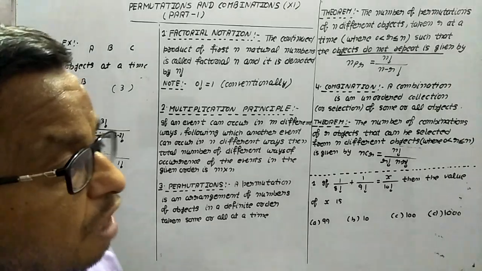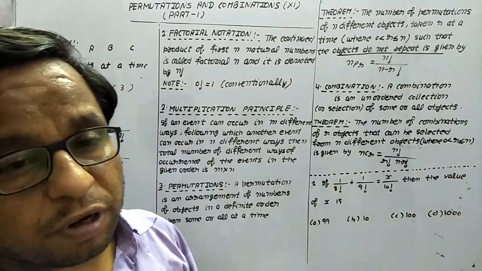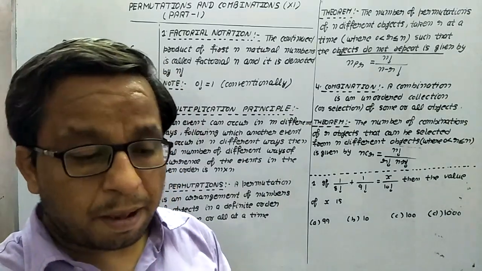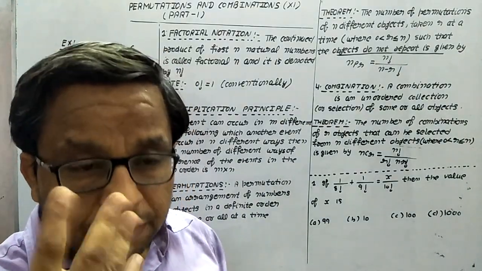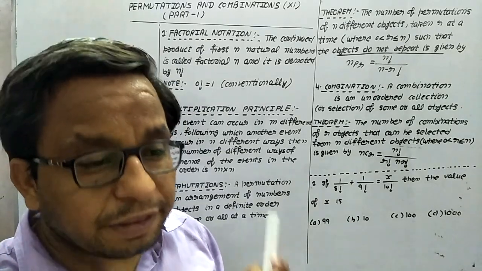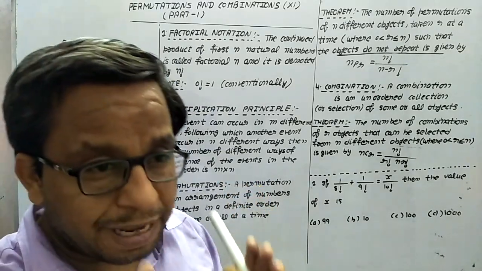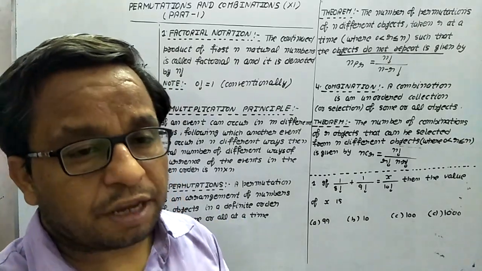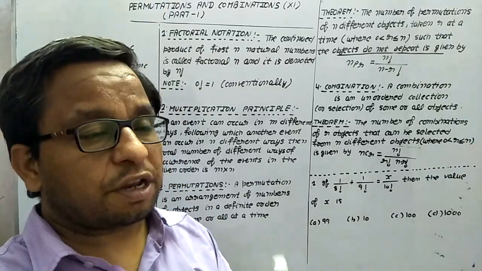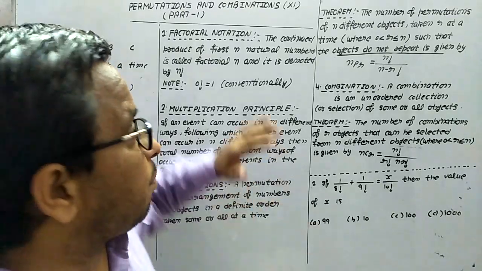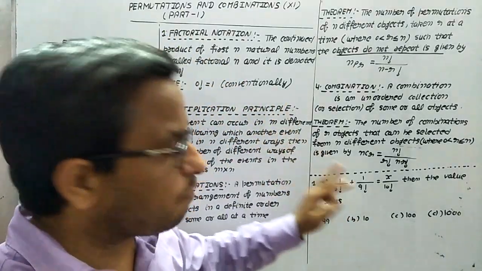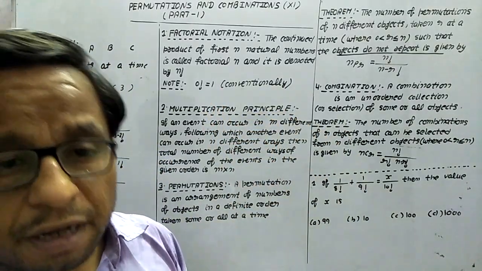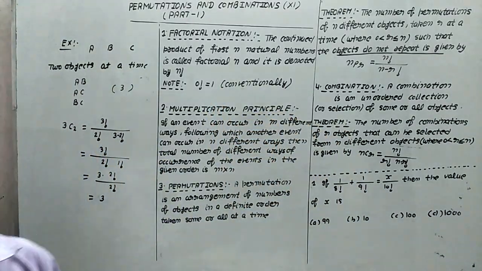So these are the basic concepts for permutations and combinations. Still there are many rules, but as we do the questions later on, I will explain those rules also. But for basic knowledge, always remember this: permutation means arrangement and combination means selection. On the basis of this explanation, there is one question. You have to solve this question and give the answers in the comment box. Thanks and God bless you.